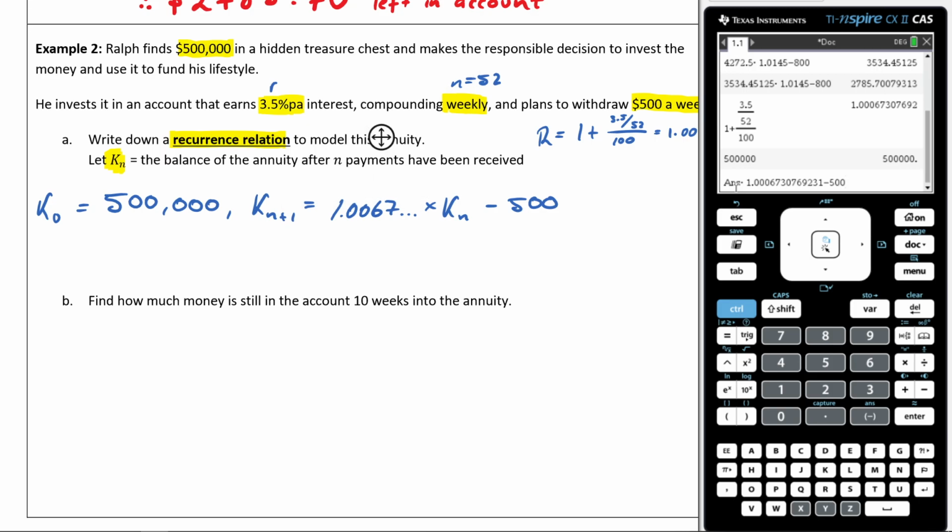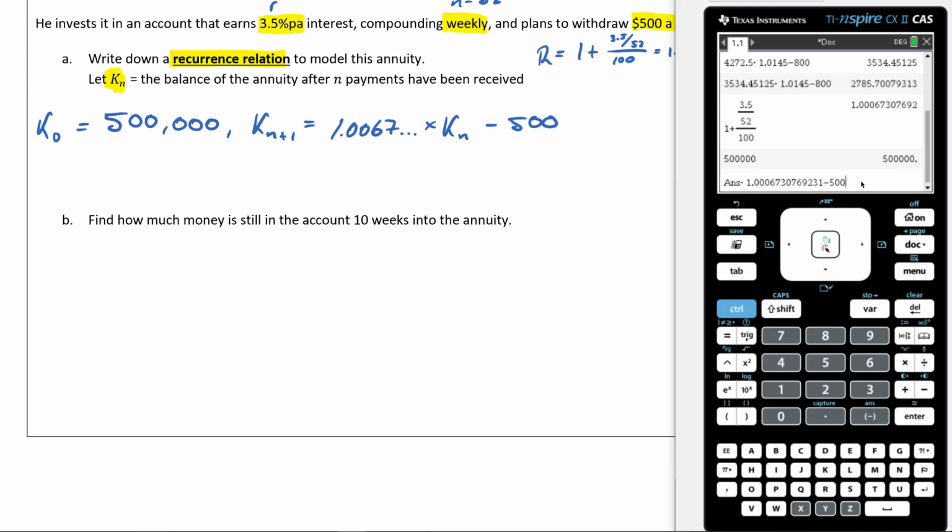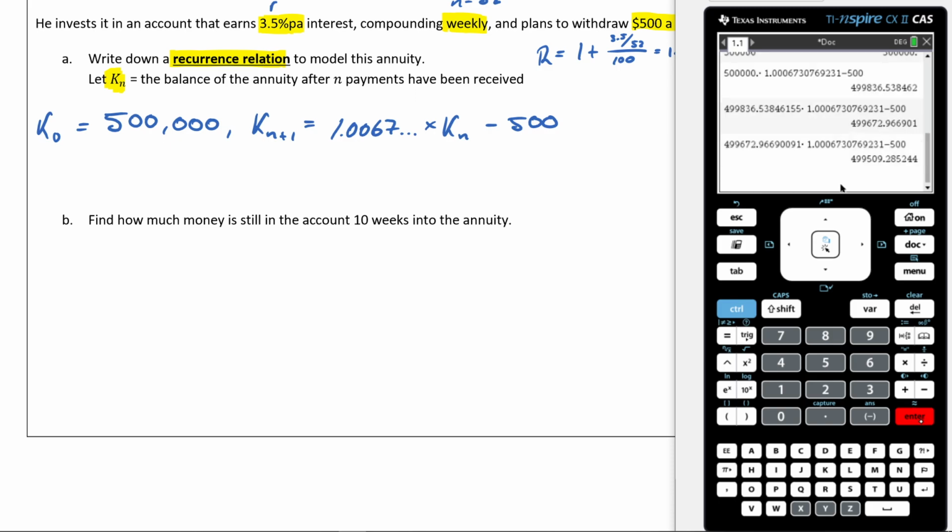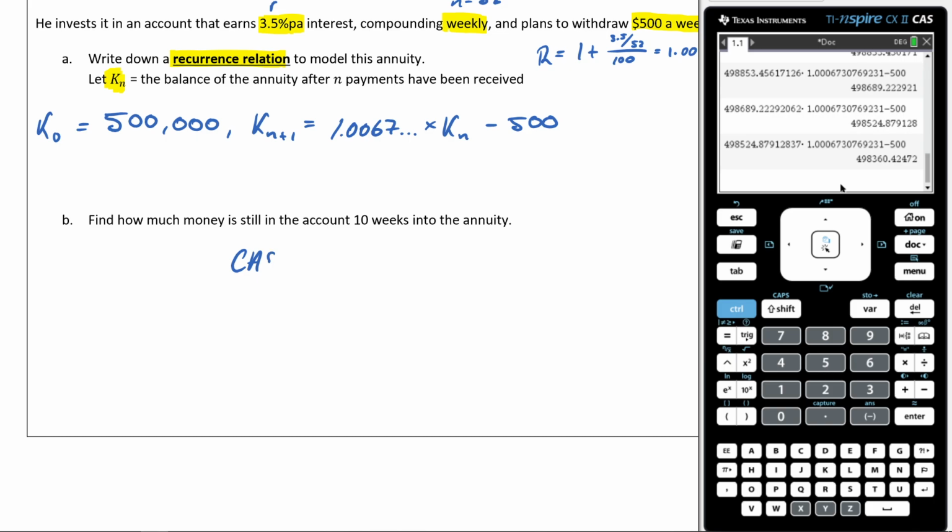So I'm doing this all on my CAS, find how much money will still be in the account. All right, so now I've done this. So I put that in minus 500. Now I'm just going to go 1, 2, 3, 4, 5, 6, 7, 8, 9, 10. So I did this on my CAS, and the amount of money that is going to be in there is 498,360.42472. Therefore, now I round